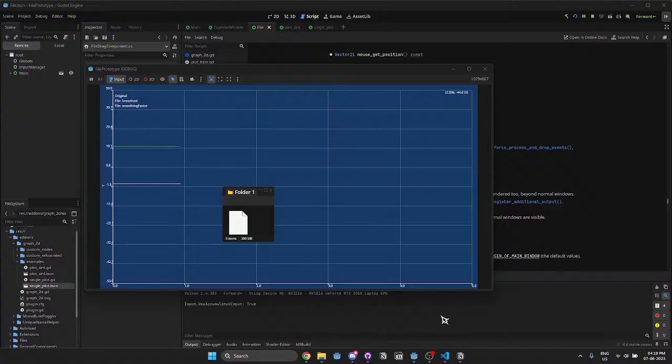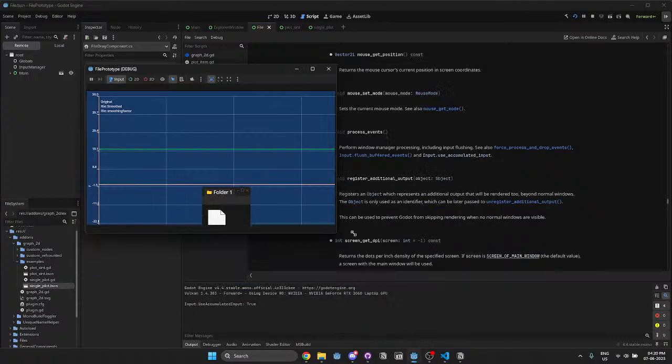Is the moving resizing window thing consistent? Nope. That's also inconsistent. So sometimes that works, sometimes it doesn't. At least if that was consistent, then I would have had something to work with, but nope. Because at that point I have a reproducible issue, maybe it's a bug with Godot, or I can document it and ask on Reddit or something. But no, it's inconsistent, so